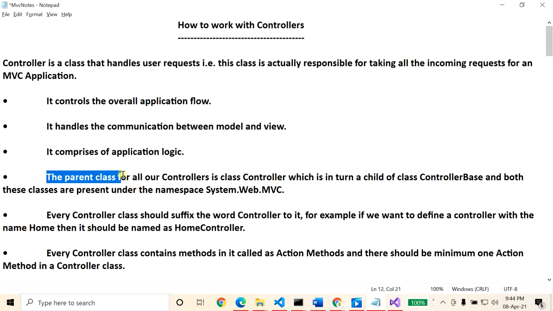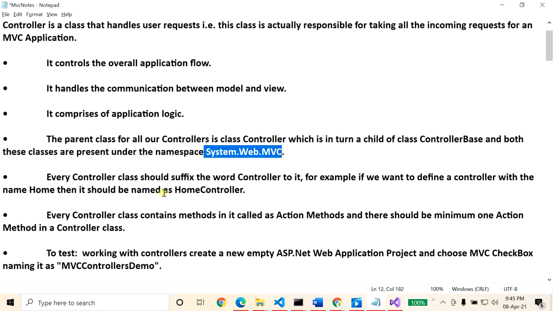The parent class for all our controllers is the class Controller, which is in turn a child of the class ControllerBase. Both classes are present under the namespace System.Web.Mvc.